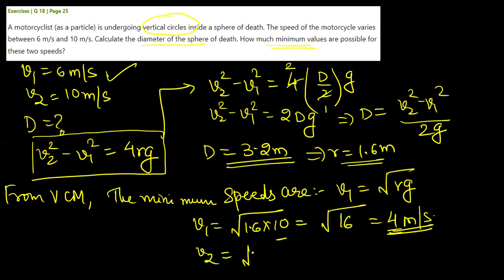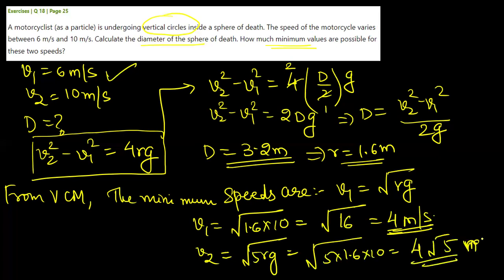v2 का वैल्यू होता है √5 rg, so √5 into 1.6 into 10, so that will be 4 √5, right? 4 √5 meter per second. Again, it will be less than 10 only. 4 √5 nearly around 8 something आएगा, 10 से कम ही आएगा, ठीक है। मतलब the 6 and 10 values are almost perfect values for the motorcyclist to take circular motion, ठीक है।